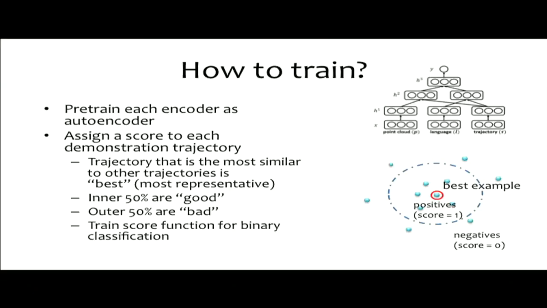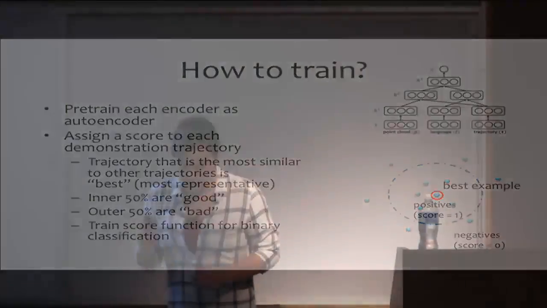Any questions on that? Yeah. What's the similarity? They thought about that in the paper, and they defined one in the paper. I don't remember exactly the details of what they used, but it was definitely something that they considered and something that you have to think about because you're doing a similarity metric between trajectories, which isn't straightforward to define. But you can find the details in the paper.